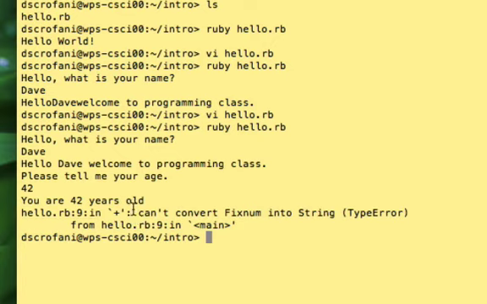This one says, can't convert fixed num into string. And you also get the line number of the error. It's happening in line 9 of the file. And it seems to be caused by a plus sign. Can't convert fixed num into string. That's an interesting error. When you don't know what to do with these errors, the best thing that